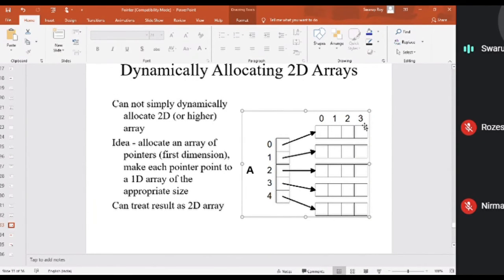Each of them is of size 4. So how many rows and columns are there? You see, this is the array. How many rows are there? 1, 2, 3, 4, 5. Because you are storing 5 base addresses in another array of pointers, and each is of size 4. So you are storing 5 such arrays of size 4.